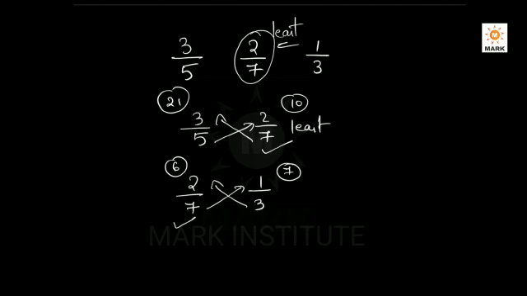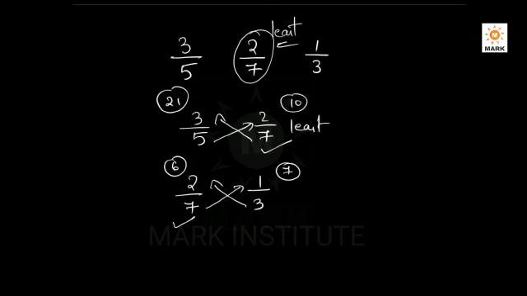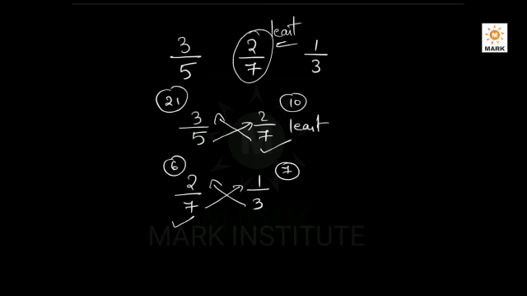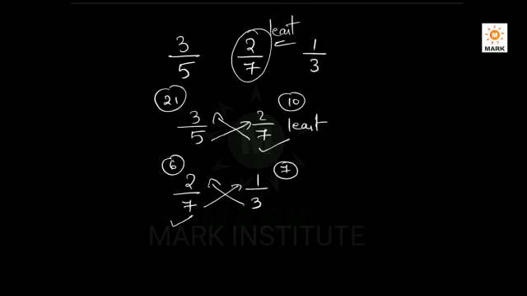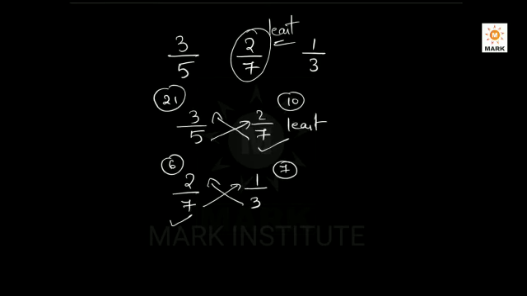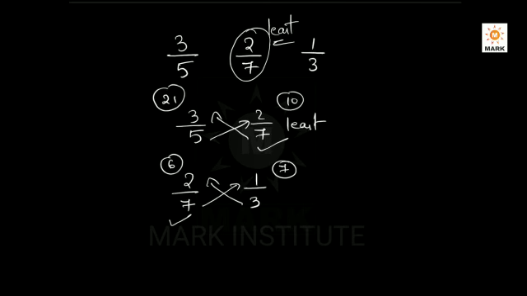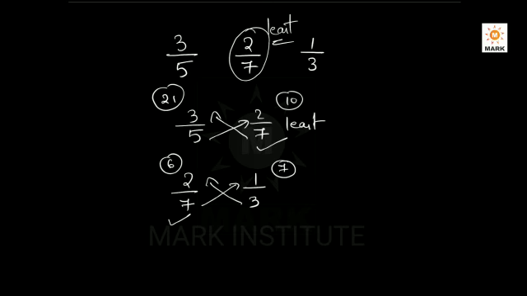So in this way, we can find the highest fraction and the least fraction by the bottom cross multiplication method. This technique is highly useful for single digit or double digit numbers, depending on to what extent you are good at tables. If you are good at tables up to 20, for numerators and denominators up to the value of 20, you can do it. This is a highly efficient and time saving technique which is very useful in competitive exams.